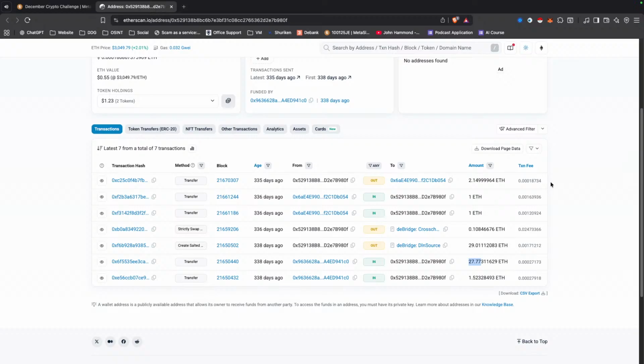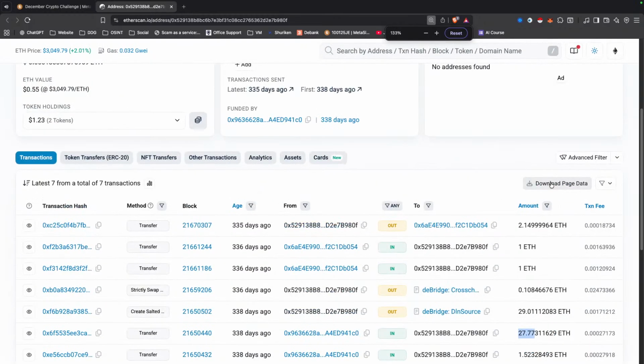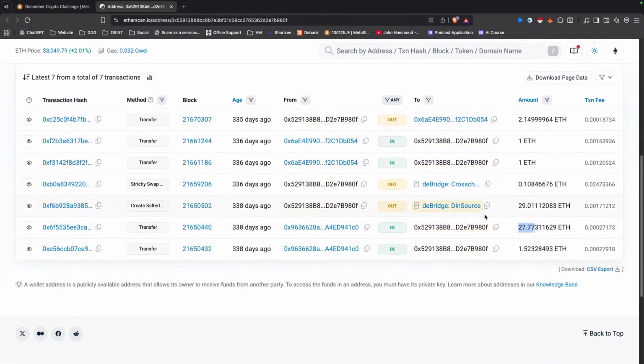I do share quite often a top tip, which is to do with anything bridge related. But I'm just wondering if anyone can guess that first. See someone type in. All right. Well, let me zoom in so we can see the numbers and see the charts. Whenever you see something like this, the first thing that I would do is check the transaction history.